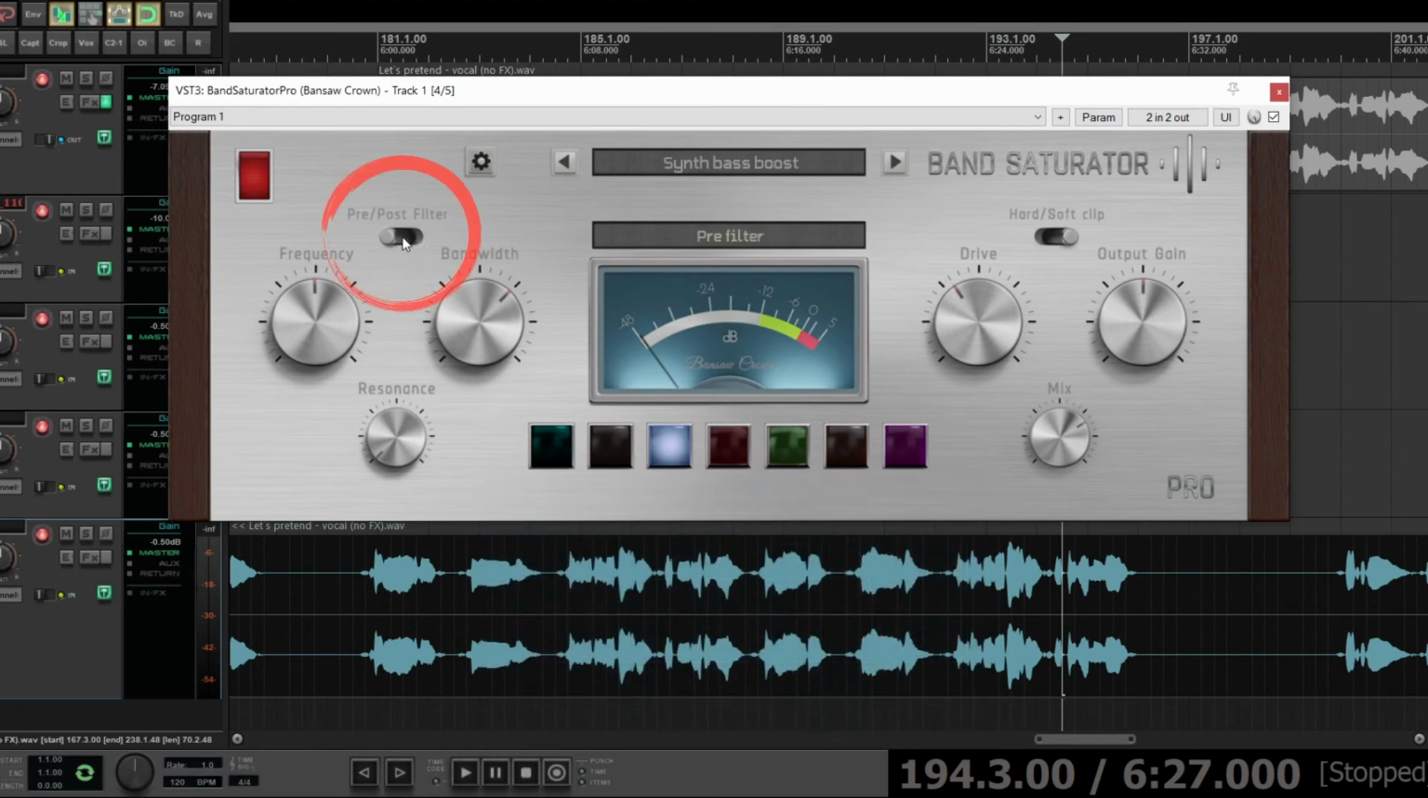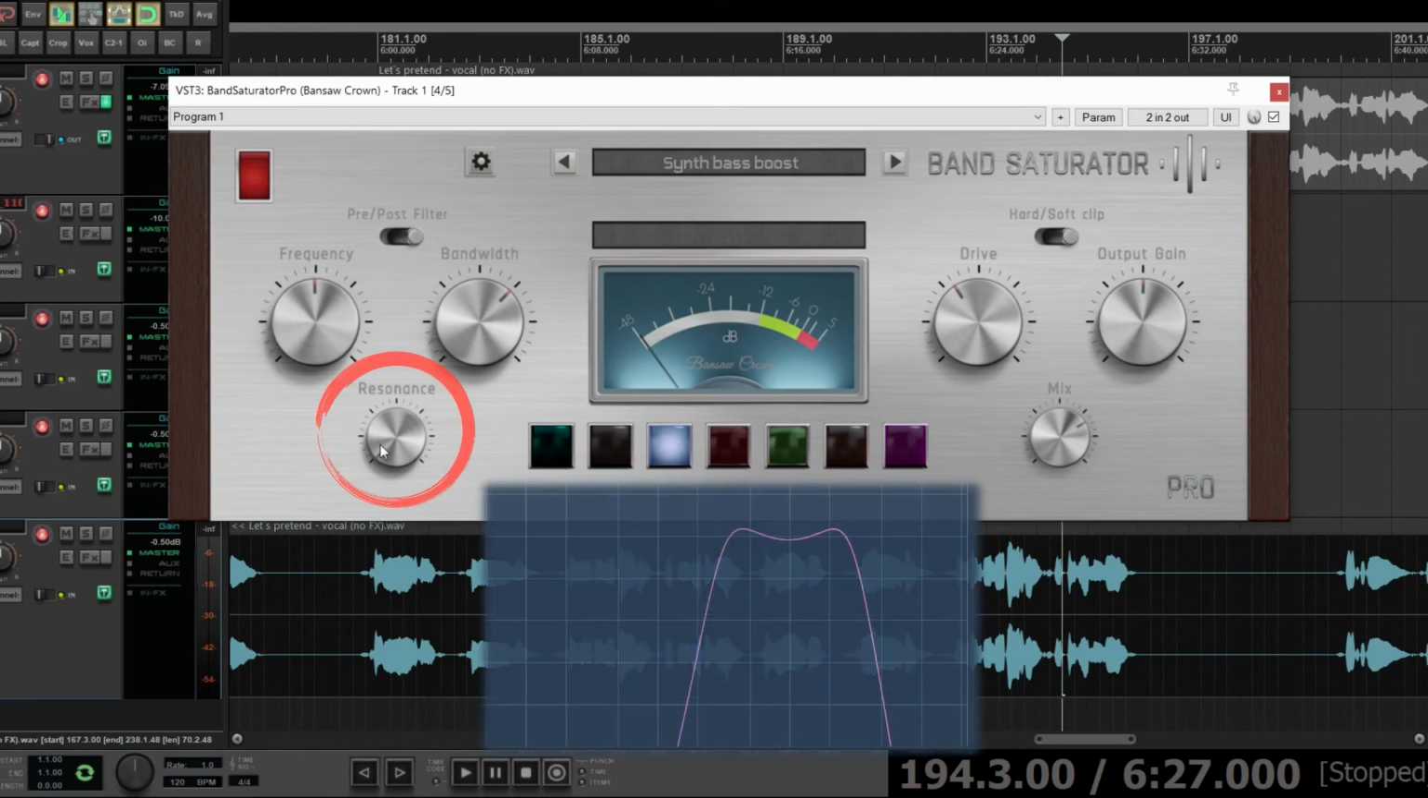Now then, if you set it to pre-filter, then much more of the original sound will come through at the end. If you set it to post-filter, you get more of the filtered sound coming through at the end. The post-filter setting is good for making send presets, for example, and the pre-filter setting will give you more of a subtle saturation output. The resonance control adds a volume bump at the end of the filtering region, as you